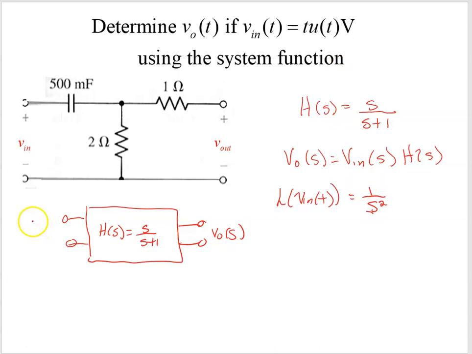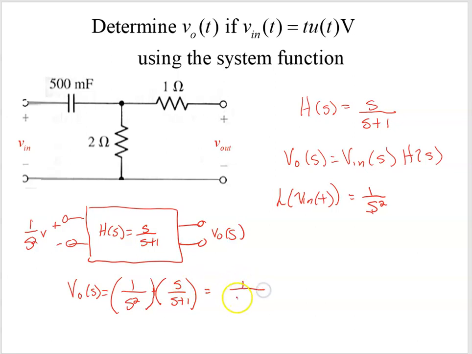So what we have here is 1 over S squared volts, and we have our VO of S is equal to 1 over S squared, whoops, not plus, but times our S over S plus 1. And that's just equal to, we can cancel out one of the S's,